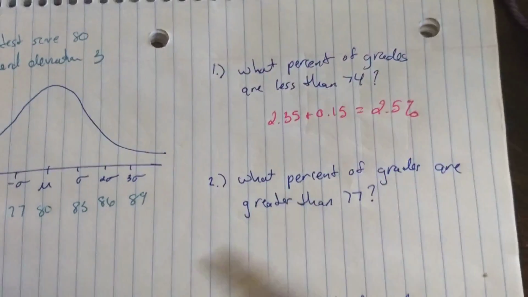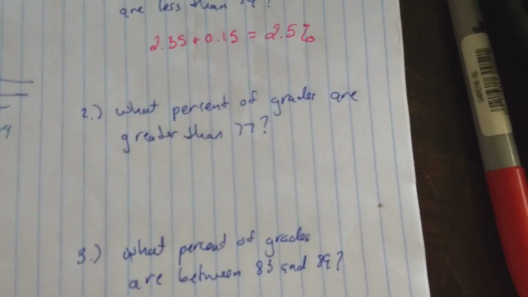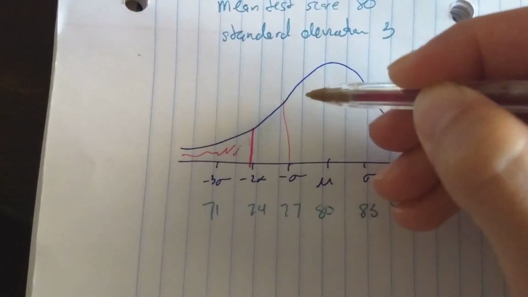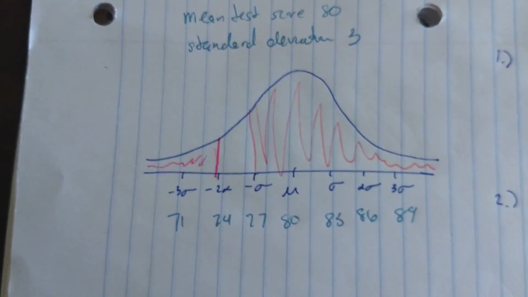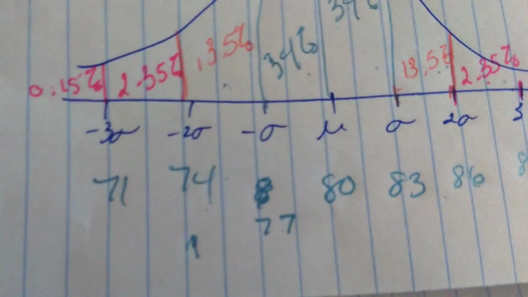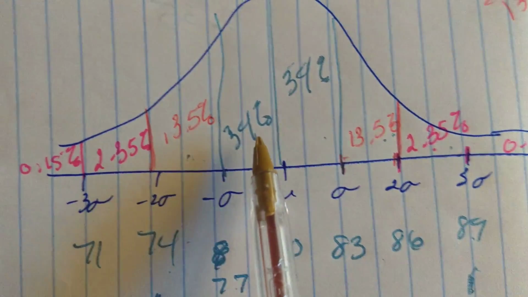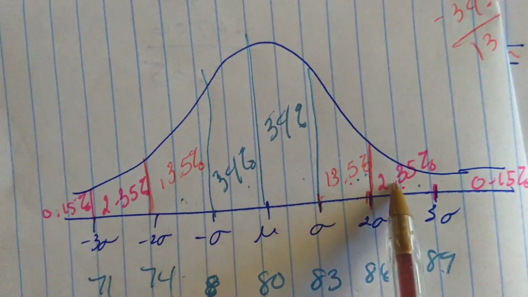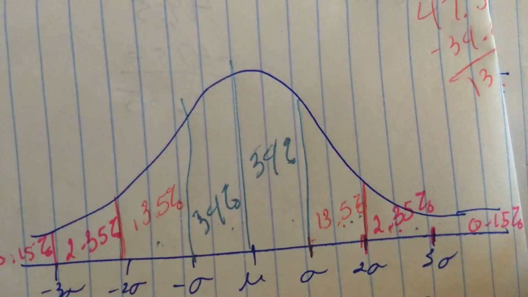Next, we'll look at the second question. What percent of grades are greater than 77? So on here, we're looking at the 77, and I want to know all of this. Okay. Again, if we go back to the sheet we had before, greater than 77, well, that's this 34, this 34, this 13.5, the 2.35, and the 0.15. So